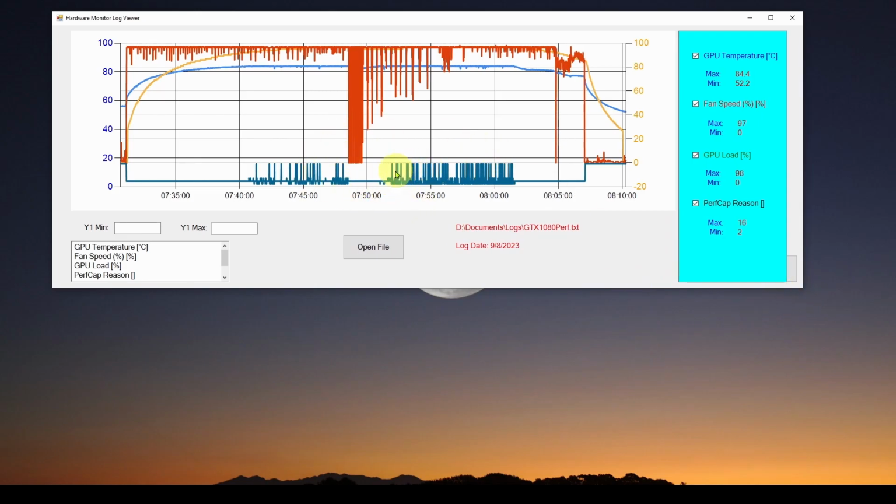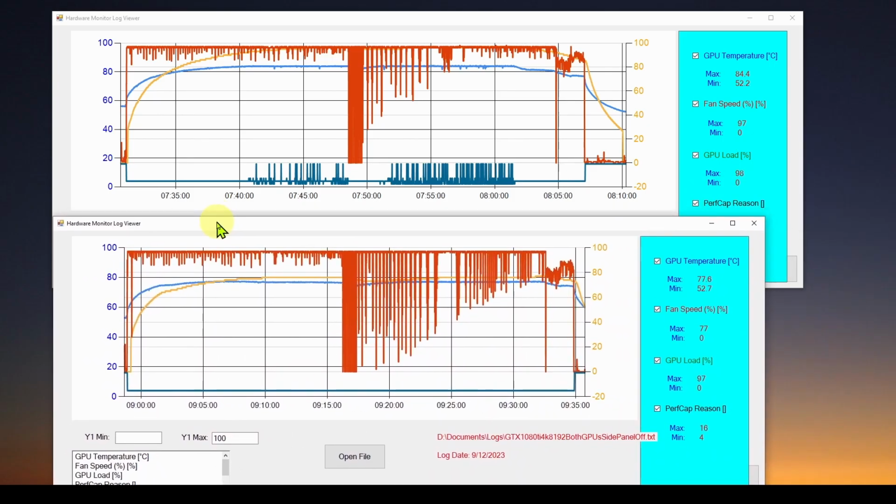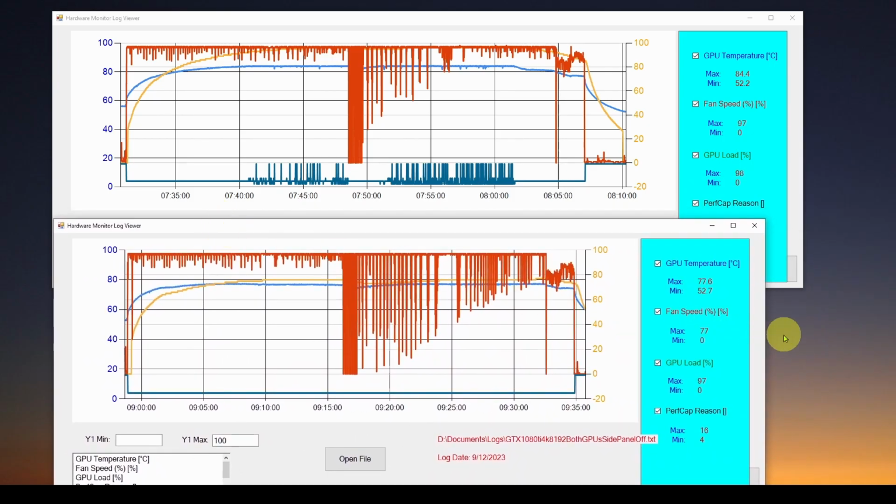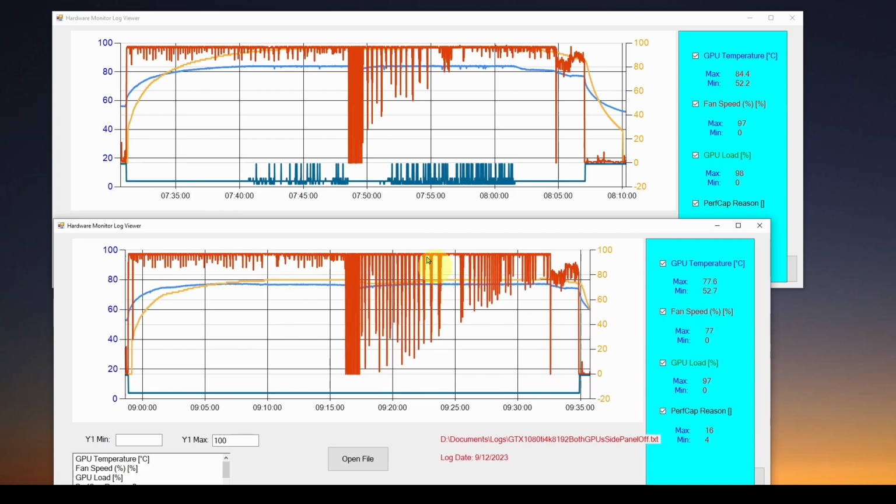The only difference is I removed the side panel. And here are the results when I remove the side panel. Now you can see that the curves look almost identical. The only difference here is that with the side panel on, I ran it after it finished rendering. I ran it a couple minutes longer than this one, but if you align them, you can see they both